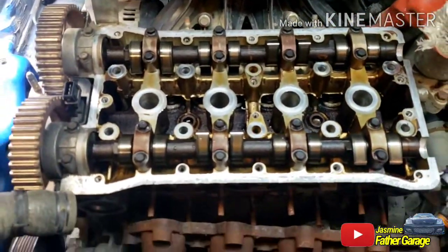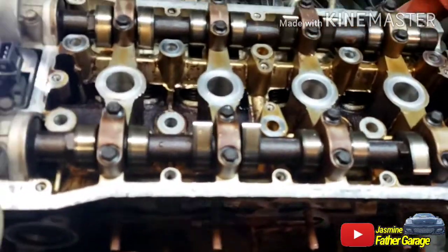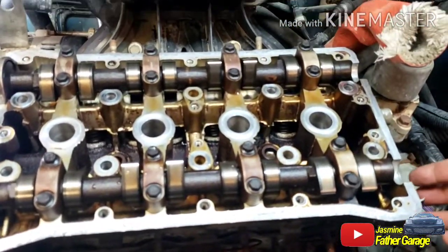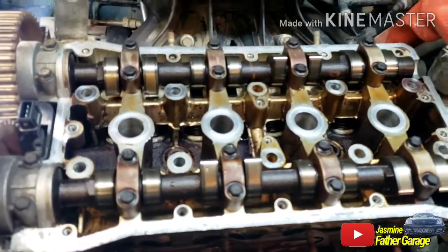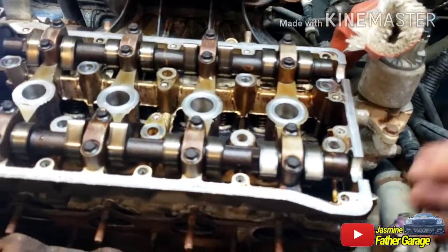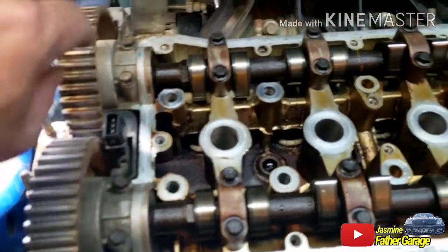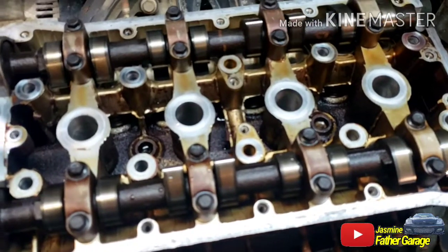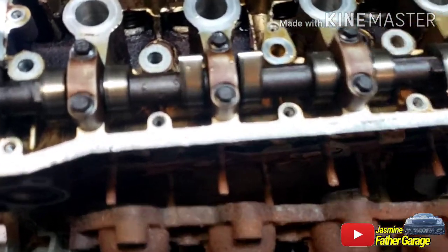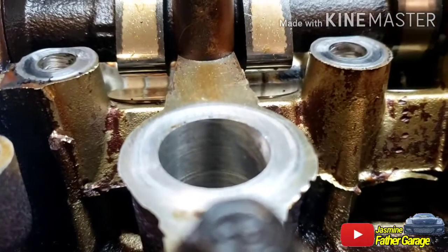What I'm trying to show here is it's so weird. We never lifted up the head yet, but we took the bolts out because we're about to take out the head. But before I lift up the head, I'll show you this. After we took the belt out, you can tell that this thing just moved. It's just floating. Same thing with this one. I've never seen one like that on an Aveo. That lifter right there, it's not touching the